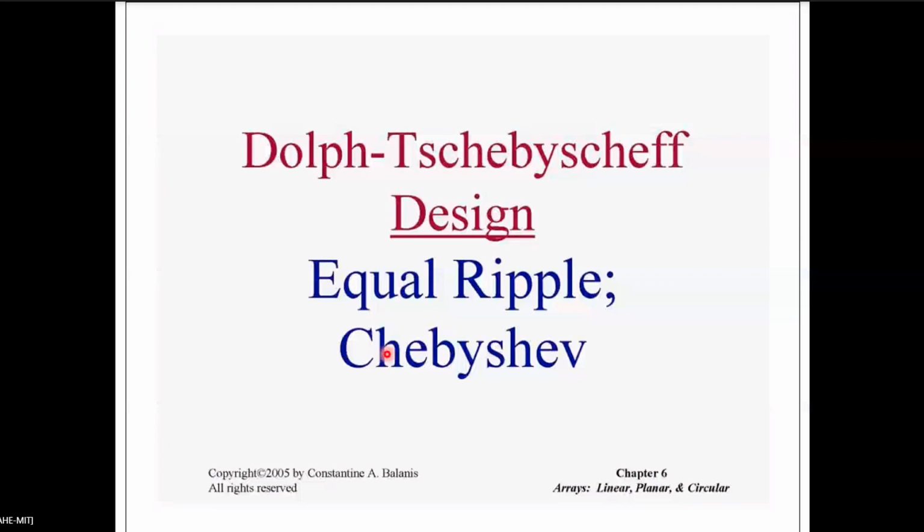Side lobes are unwanted. The main beam is the thing which is wanted, so we have to reduce the amount of power in the side lobe. So the side lobe level you can control. Sorry, I am doing this in a hurry. I am not going into much detail because there was not much time for me to get ready. So I'm just giving some important features. Then you can go through it in detail from the textbook. You can go through this PPT, and then if required, you can go through the textbook. So, any questions?